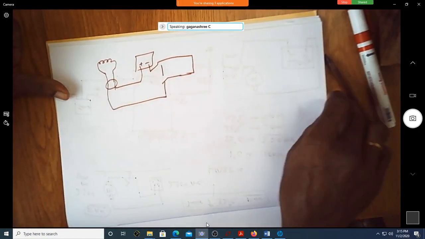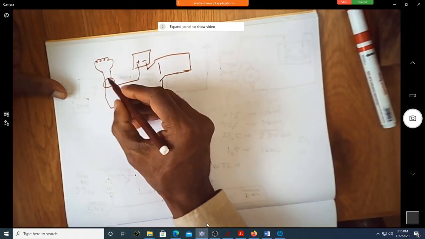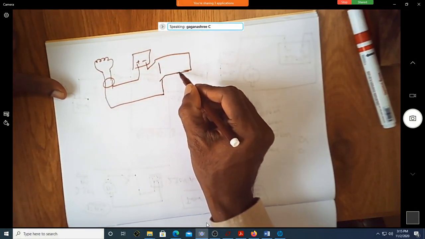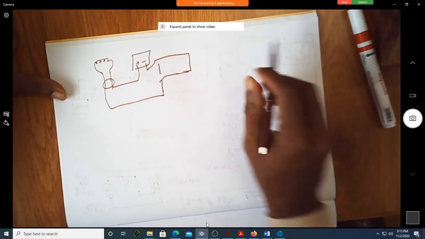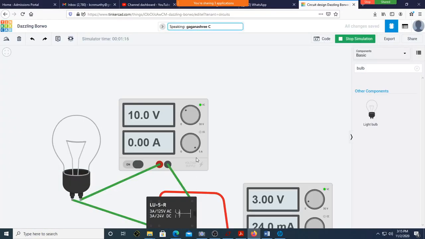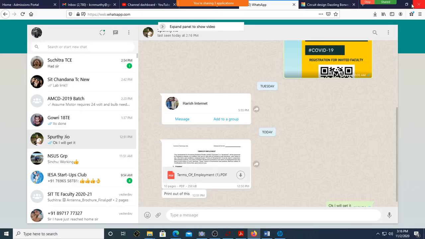This is my bulb. You can see positive is connected to one end, the other end is connected to NC, and this is connected to common. Correct? Is it the same connection as mentioned here? Can you see this negative is going to common? What I'll do is let me show both of them simultaneously.